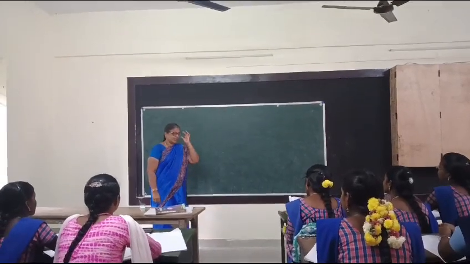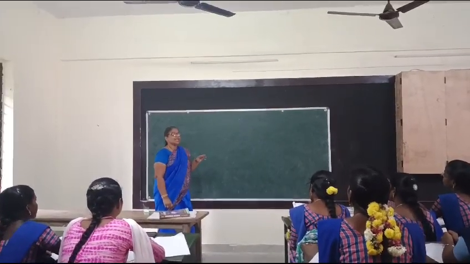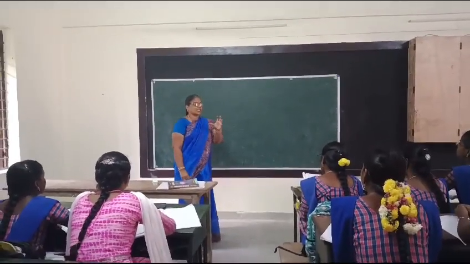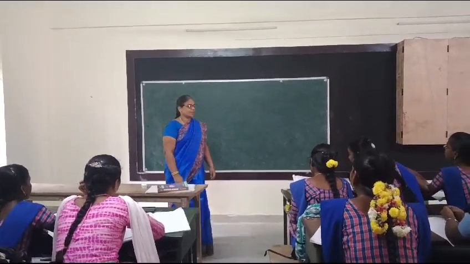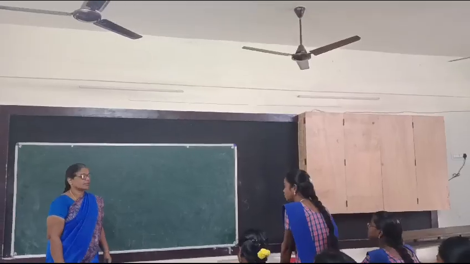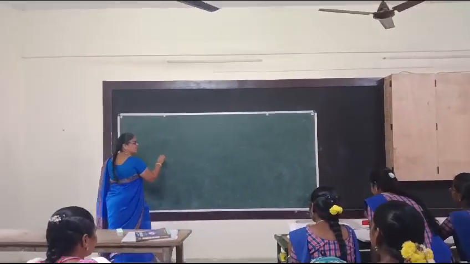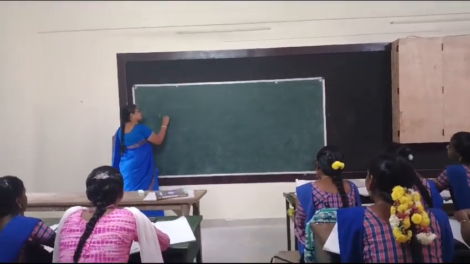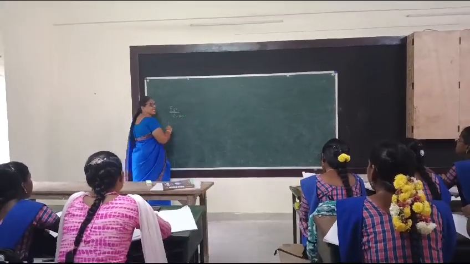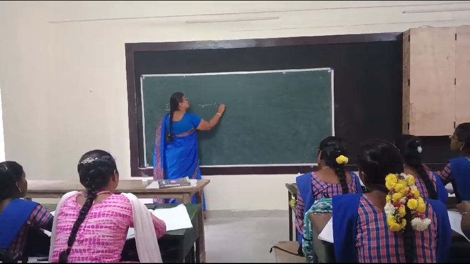See the third unit. In this unit, the purpose is to solve the system of equations. So what is the difference between an equation and a system of equations? Anybody? Equation means it represents only a simple equation. System of equations means it represents more than one equation. Good, very good. If I take a single equation, it is an equation. Then a system of equations represents more than one equation.